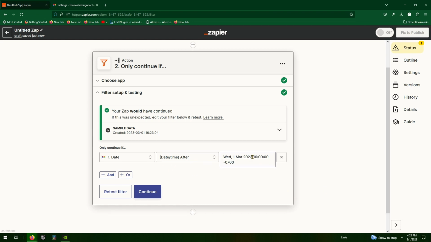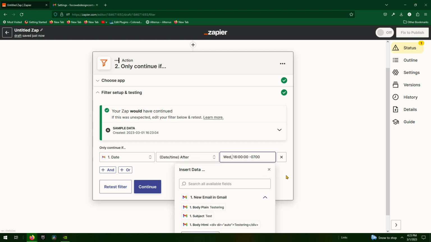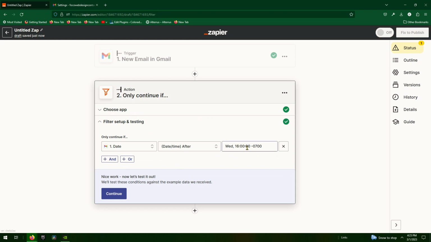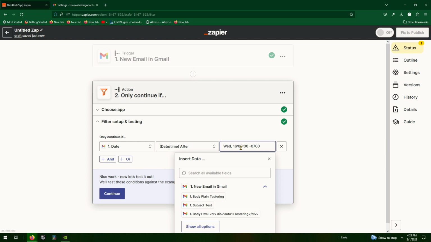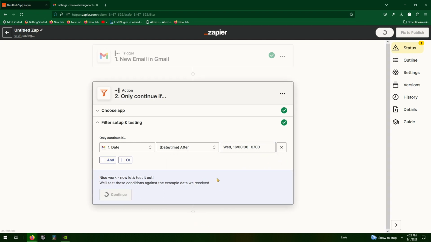Now let's see if it works if I remove the year and the month and the day, because we want it to be every Wednesday at 4, we'll just go ahead and go with this, at 4 p.m. with Mountain Time Zone. This is how you do Mountain Time Zone. Very weird looking, but make sure you get yours correct, whatever it is. And so I'm going to test it again,